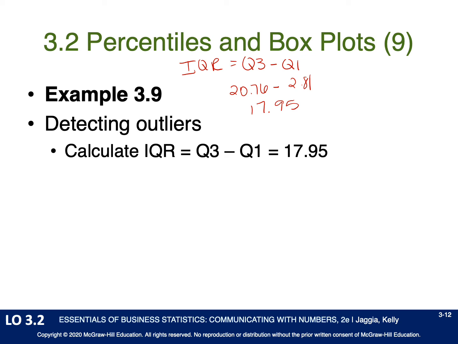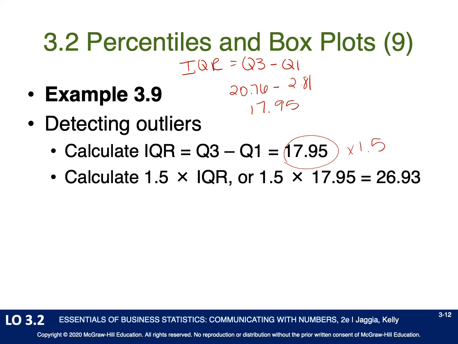And the right side of the box will be labeled 20.76, and then the distance between how long the box is is 17.95. So to determine if there are any outliers, we want to multiply this interquartile range by 1.5. When we multiply that by 1.5, we get